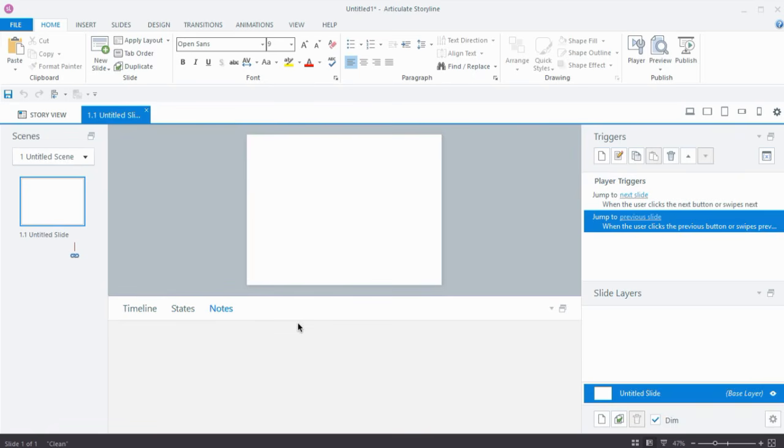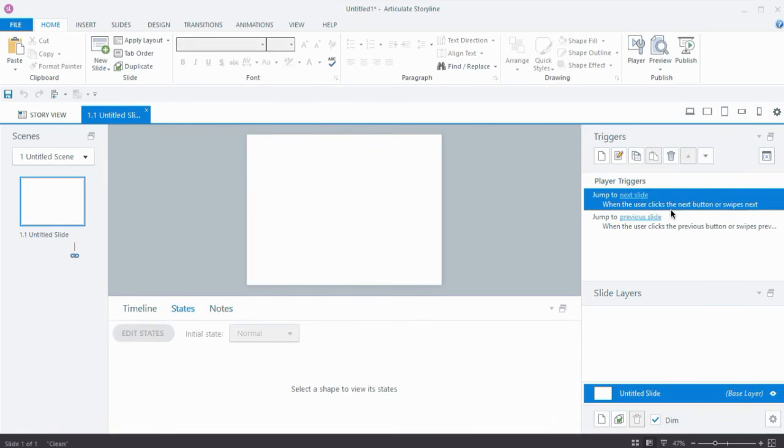There are three main components in Storyline: the states, slide layer, and the triggers. In short, to develop an interactive e-learning course, you should be familiar with these three components. Now, if we look at the options we have in the toolbar on the top, there is a home tab packed with text editing options. You can do a lot of things with them when we have text on the slide.